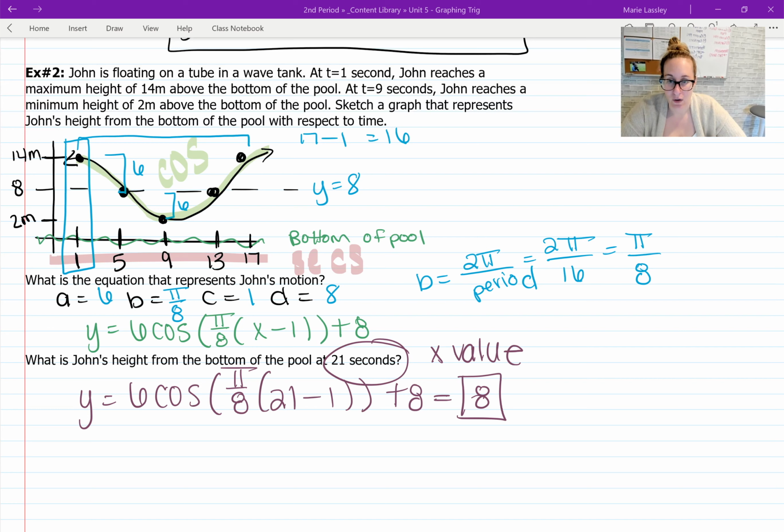So what is John's height from the bottom of the pool at 21 seconds? It is 8 meters, right? Because we were measuring